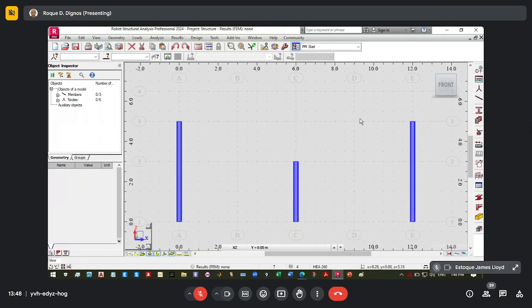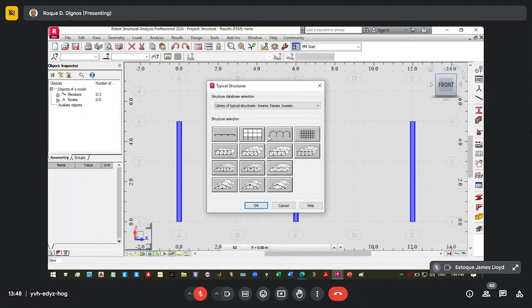And now we are ready to add the truss. We start with the lower one. It doesn't matter whether you start with this one or the other one.